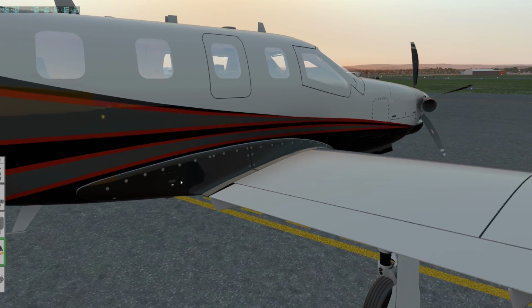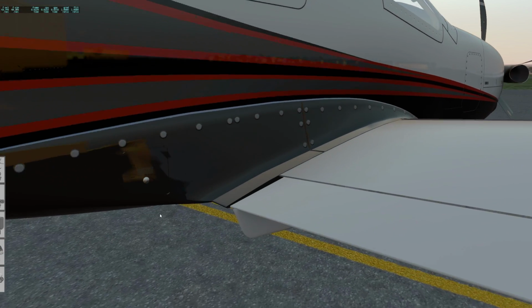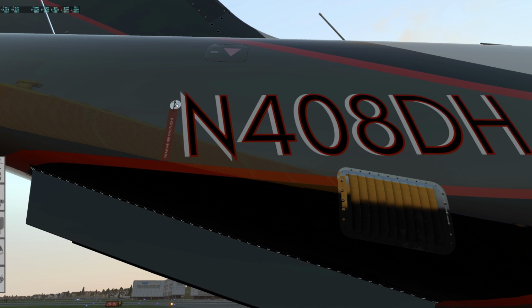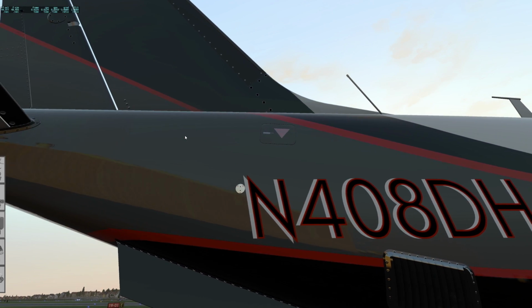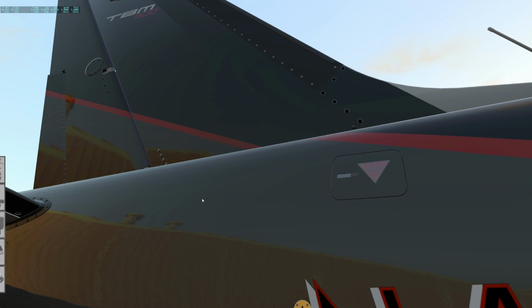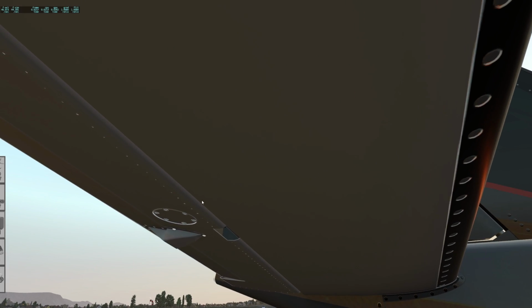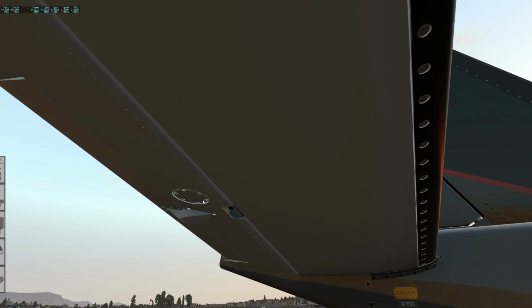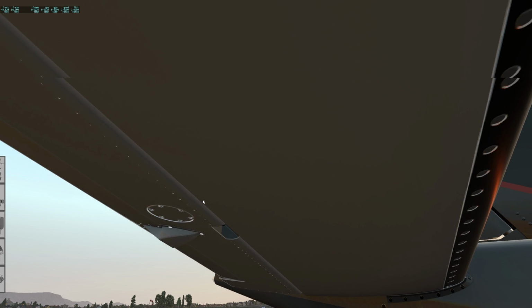Continue our walk around. We would normally look in here, check the oxygen tank level, take the static port plugs out, and we could check in here for the ELT just to make sure the wiring and all that looks good. I usually just check that maybe once a month. And we would normally lift the elevators up like that. Take a look in here